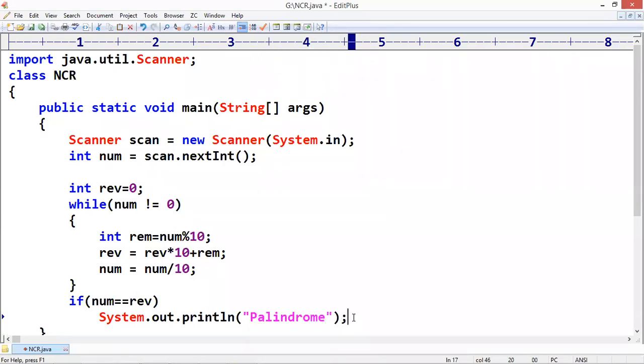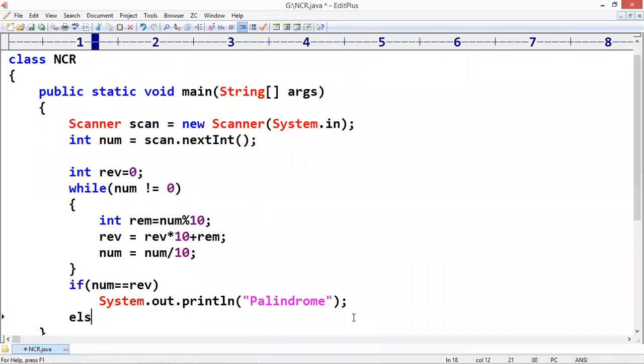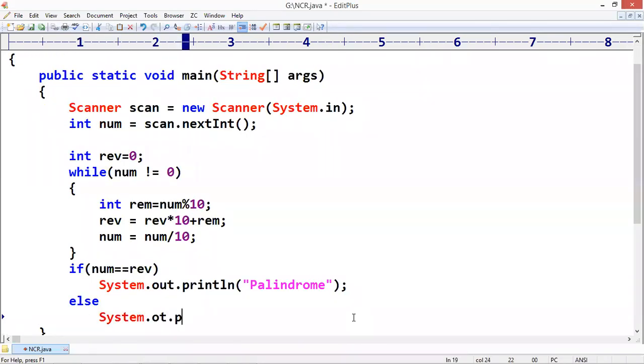But here one simple problem is there. I'll explain. System.out.println, it's not palindrome. See, every time whenever we are changing that number value, that number finally becomes 0. So 0 equals reverse condition is false every time.